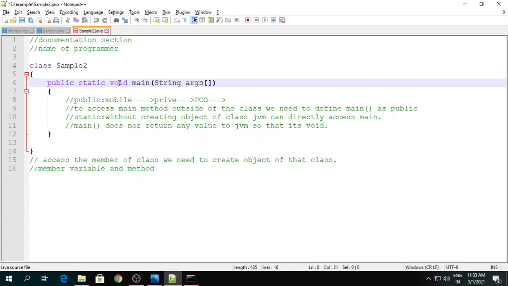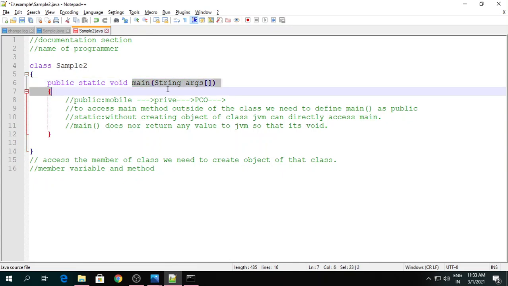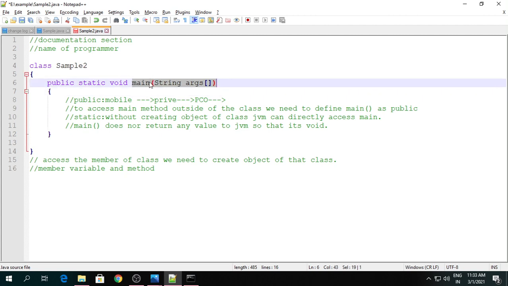It does not return any value, so it is declared as void. The execution of your Java program always starts from main, so we need to define a main method, and String args is nothing but your command line arguments. Fine. In this way we use the main method signature.